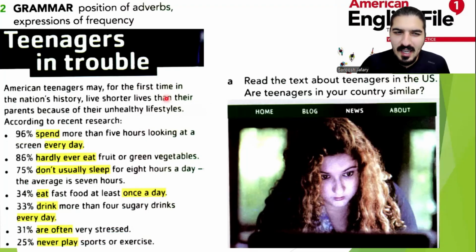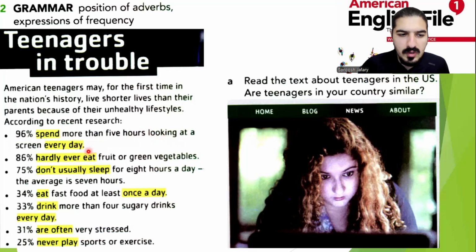Now, let's see. American teenagers may, for the first time in the nation's history, live shorter lives than their parents because of their unhealthy lifestyle. According to recent research, 96% spend more than 5 hours looking at a screen every day.